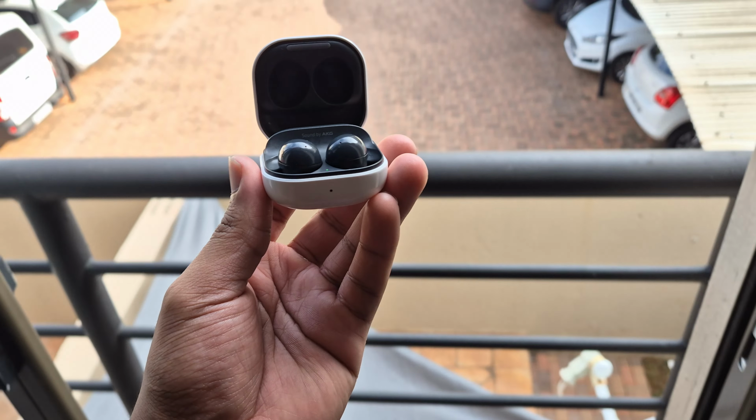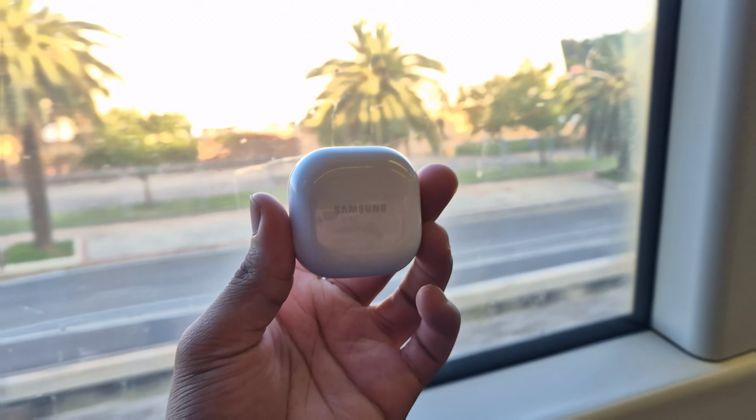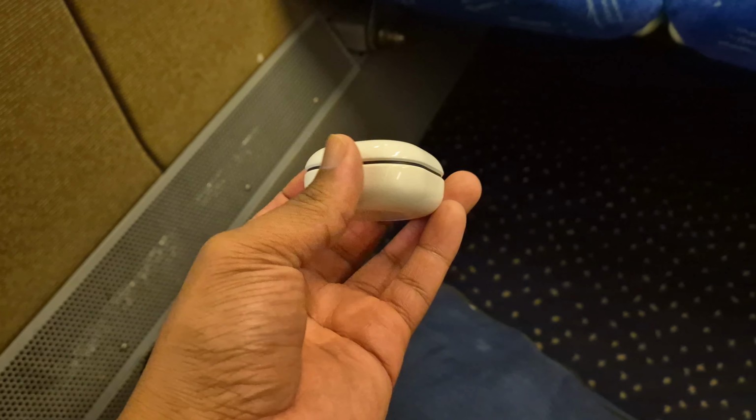Now, for something to be considered a good all-rounder, should it be great at everything, or should it be decent at most things and excel at one major category? In my opinion, the Buds 2 fall into the second category. They can be taken anywhere, they're incredibly discreet, and they fit really comfortably in the ear with adjustable options